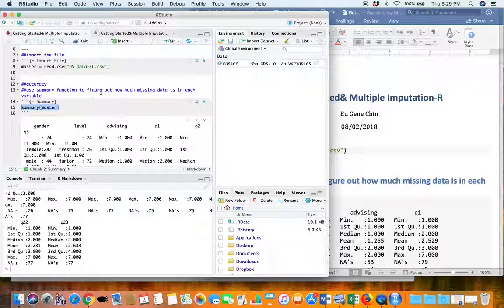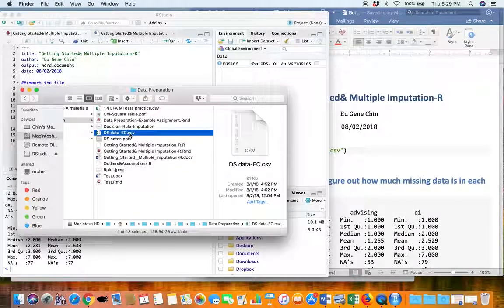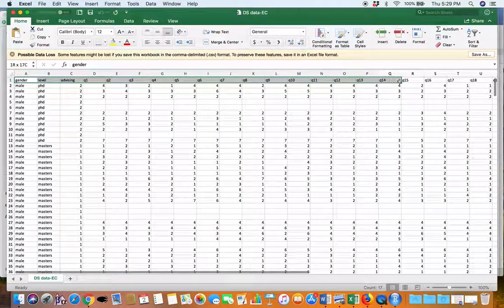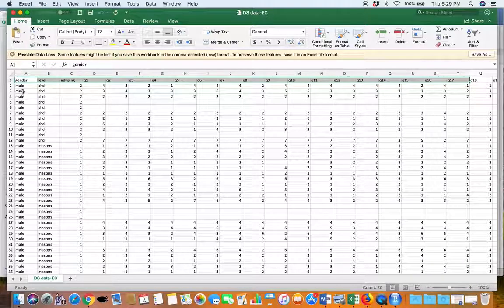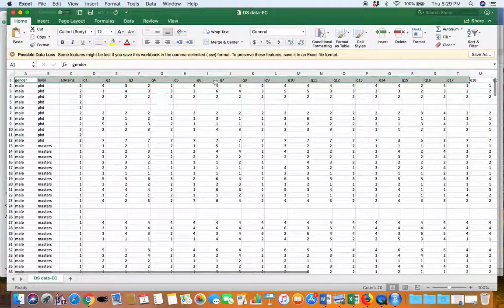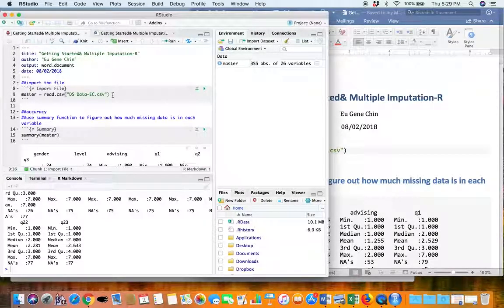What other things? Notice here that when I imported this, the data set is already in .csv, and so you can actually open it in Excel. And this is kind of how it looks like in Excel. So you have the variables on the first row, and then you have the participants in the rest of the rows over here, with the columns indicating different variables. What was recommended to me is that you should use the read.csv function in order to read this into your global environment to start messing around with stuff in here,